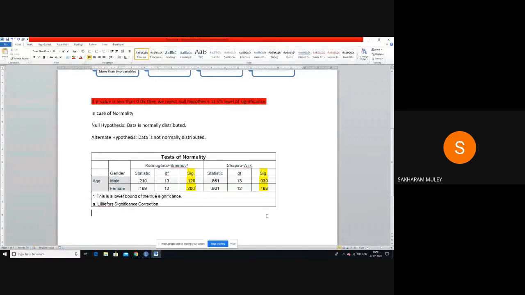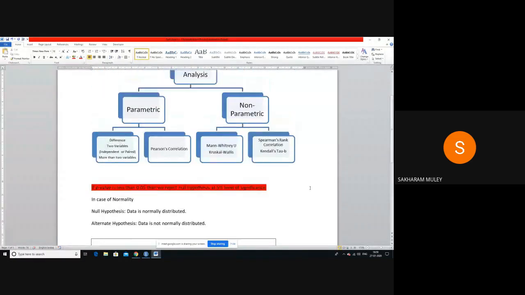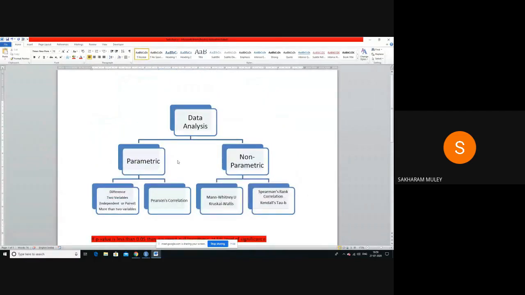Then I will go for the significance test value, and if that significance value is borderline, near 0.05, then I have to go for a non-parametric test. So this is the basic comparison. This is the basic requirement for a parametric test. If my parametric test assumptions are not satisfied, in that situation I have to shift to the non-parametric domain.